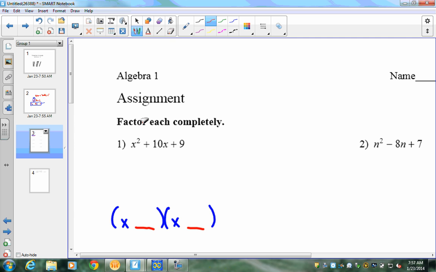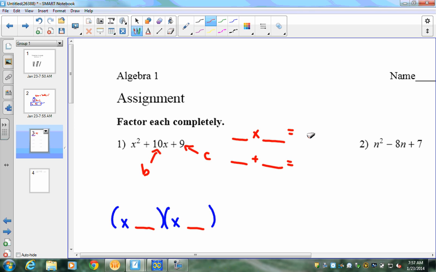Well, that's where the 10 comes from, and this is where the 9 comes from. Now remember, the 9 is what is called C, and the 10 is what is B. Now, what you're going to do is look for a number combination of what two numbers multiply to get to B, and yet the same two numbers add